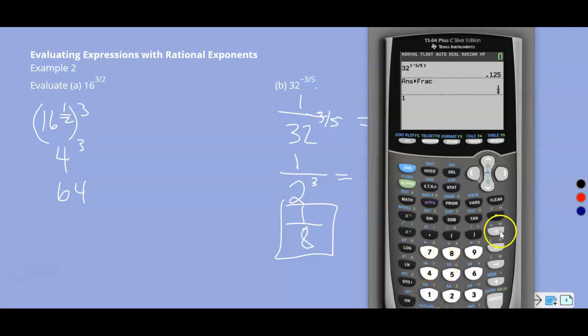If you want to use the radical button, you can use the second function. Do 1 over, and let's do the 5th root of x, where the root would be 5, so that makes it the 5th root of 32. And I did need that in parentheses. Let's see if it'll let me put that in parentheses. And then I'm going to cube that, and it should give me the same answer, which it